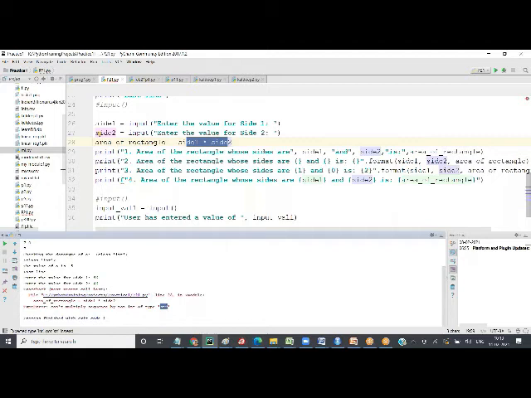But in Python, we do not have the declaration type. So side one can take any value, string, float, integer, whatever. We know that we want to enter an integer here as a side, but how will Python know that we are trying to insert an integer?